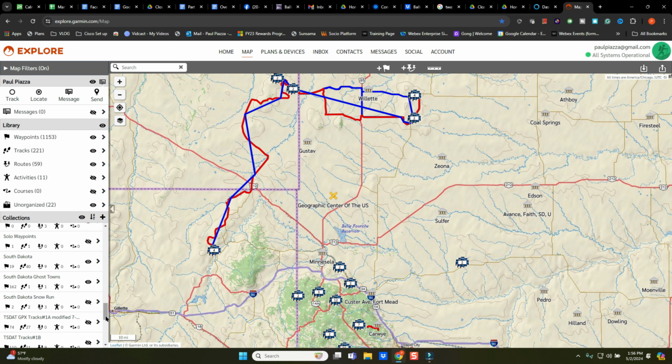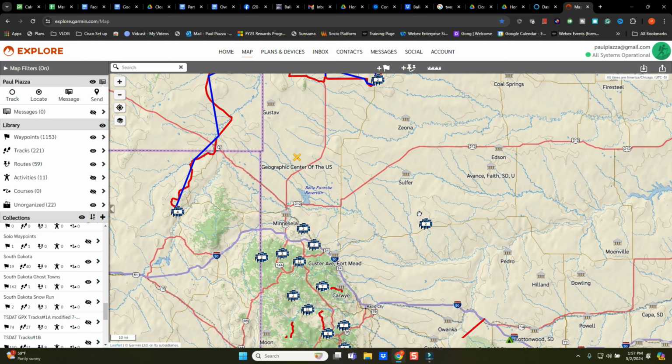It's a great repository to save things, great repository to look and plan things. I would not build a route in here. I would build a route, but I would not build a track in here. So let's talk a little bit how you build a route.